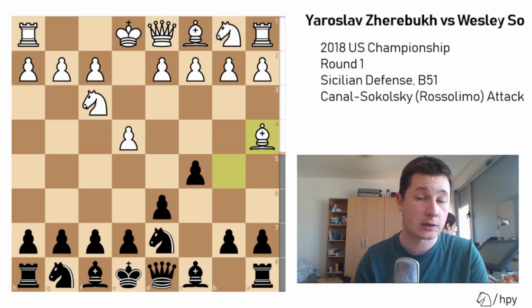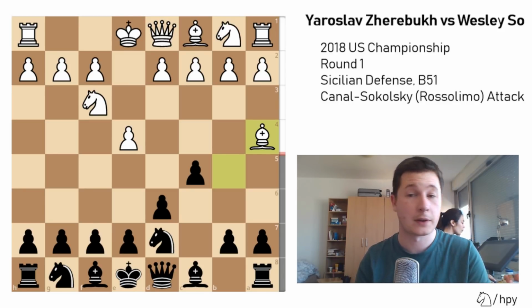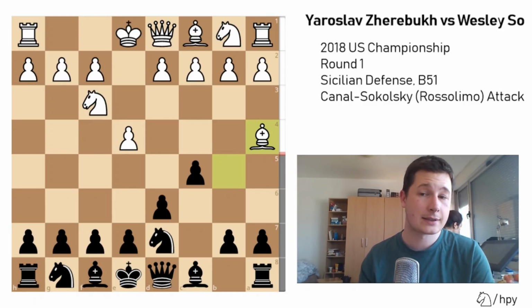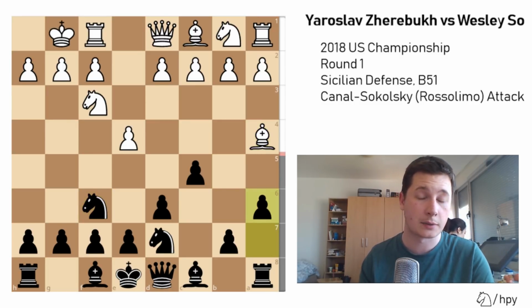It's moving in advance of a6, which is a very common idea in this position, and it's leaving the push d4 or castling for later on. And it's not a bad move. The position is similarly equal as if he had played d4 or castles here. So bishop to a4 is okay, but it's a surprising continuation. Wesley continues with knight to f6, Zherebukh castles, a6, and now you can see that the bishop doesn't have to move,